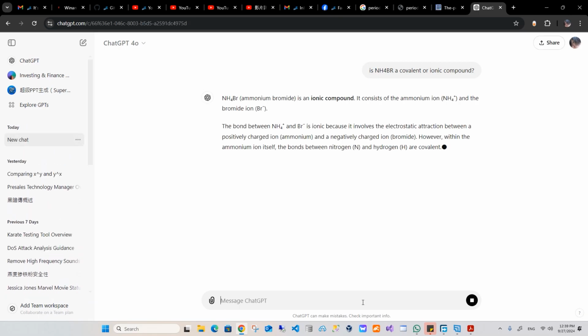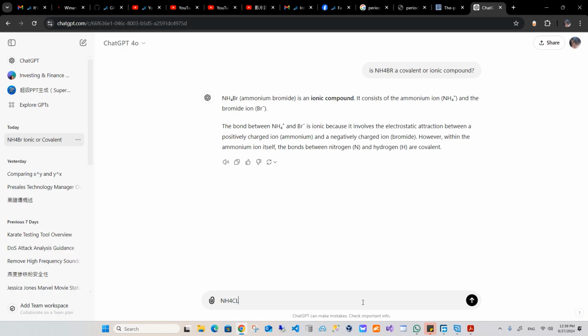Okay, it's right. It's an ionic compound consisting of ammonium ion and the bromide ion. The bond between these ions involves electrostatic attraction. So this is just nice to be ionic, and it is not very fair because